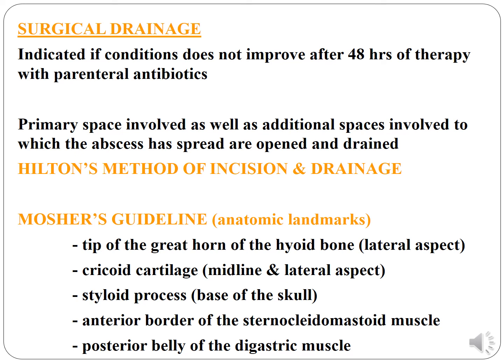It is done by Hilton's method of drainage. That is, you have to insert the Hilton's forceps inside after placing a stab incision. Once you are inside the tissues, you open up the beaks. This is to break the locules of pus so that they can coalesce, and then the entire pus can drain out. Okay, so you have to do that with Moshe's guidelines.